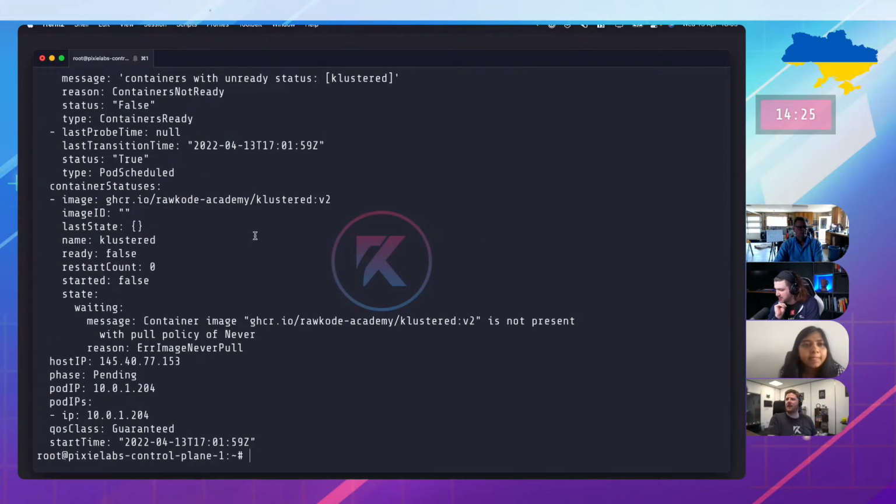Right, I think that we need to change the image pull policy.